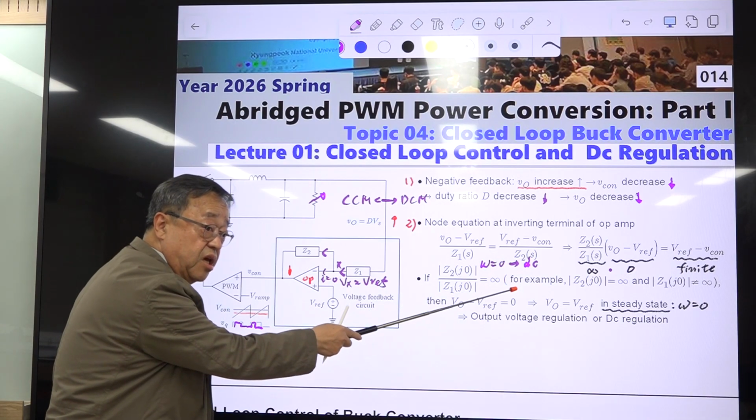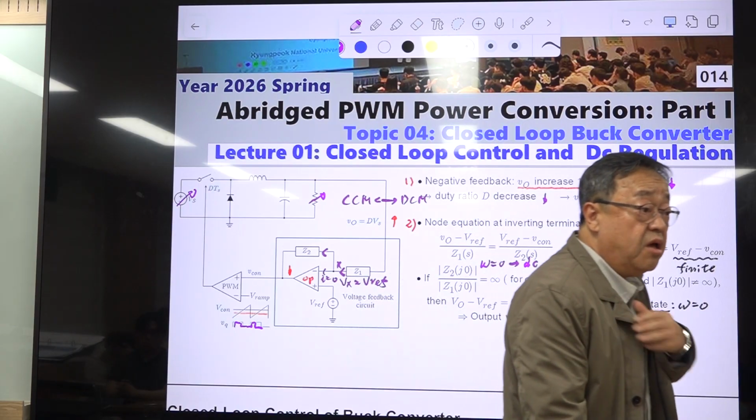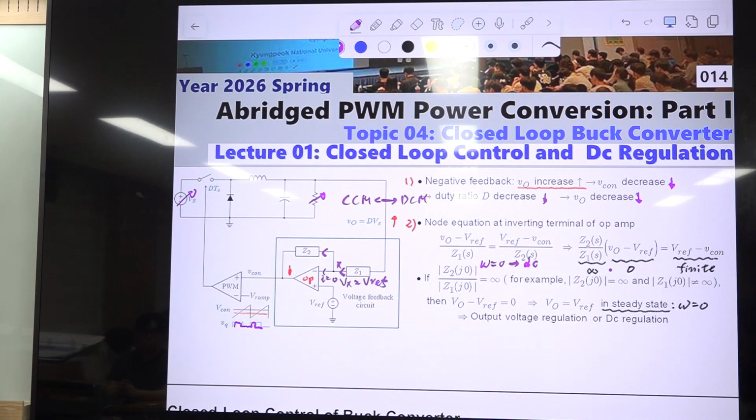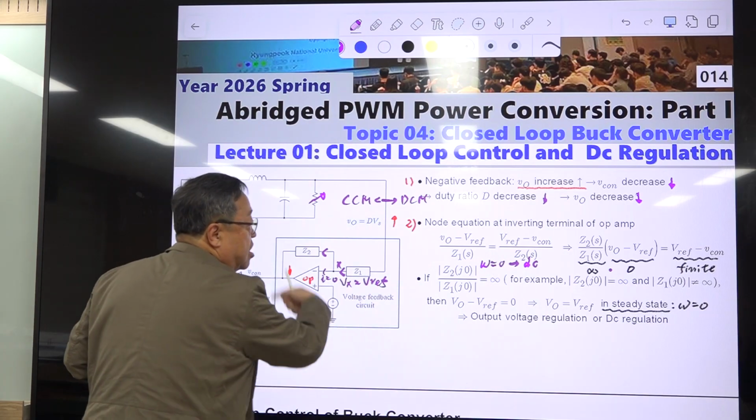That is the DC, which is a steady state. Steady state means that all the time-varying functions, sinusoidal oscillation or some strange exponential thing, all die out. Only DC quantities are there. That is the definition of steady state in this linear time invariant circuit. We are assuming this is a linear time invariant circuit in this part.